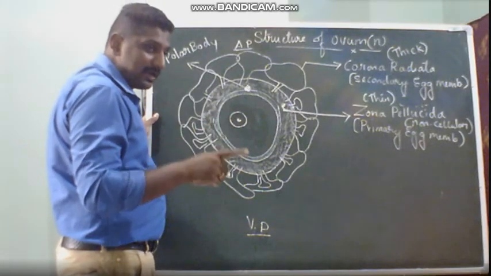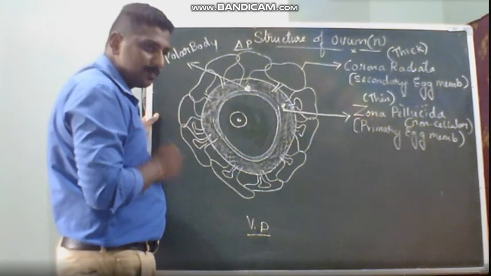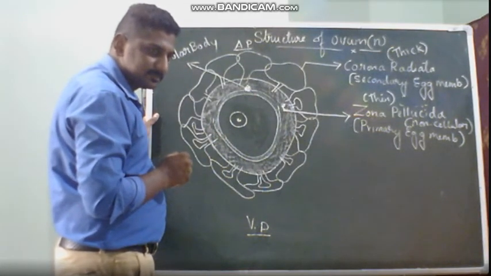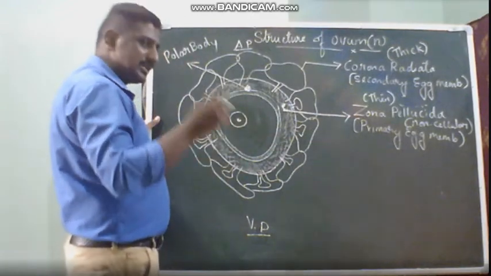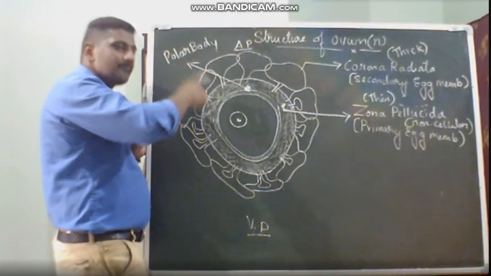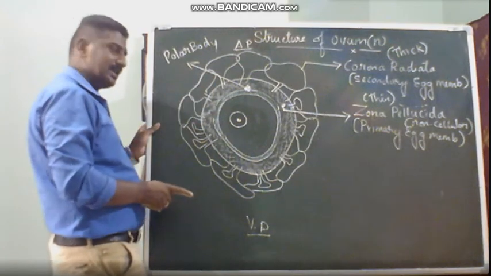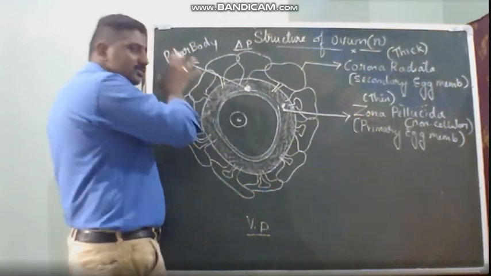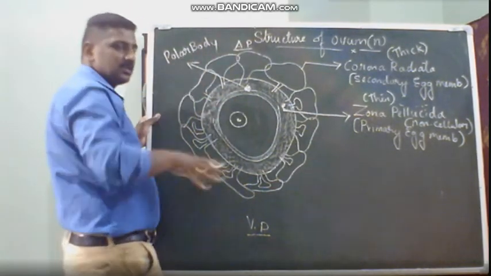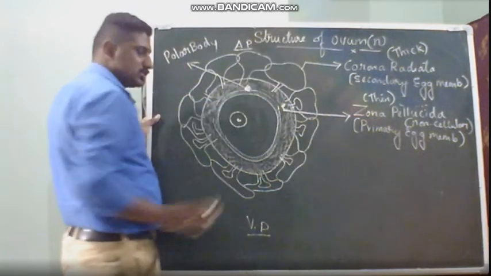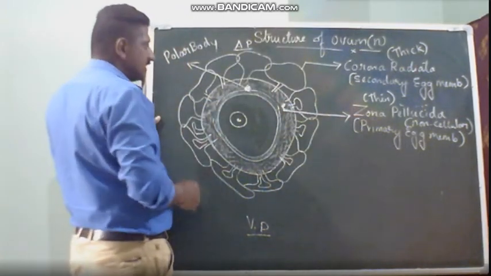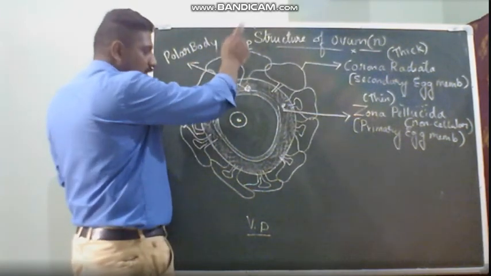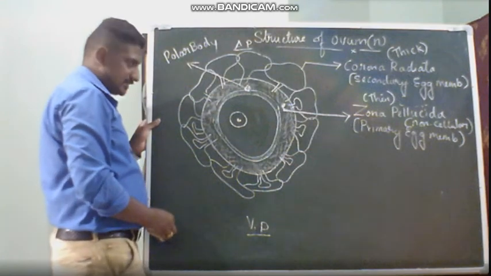At the micropylar end, in the case of a megasporangium, are integuments present or absent? Absent. Integuments are absent at the micropylar end. Opposite to it we have the chalazal end, and only at the micropylar end the pollen tube enters. In a similar way, here we have a specific role for the polar body, something to do with the sperms. I'll teach you the concept afterwards during fertilization events. The region where we have the polar body is called the animal pole. Opposite to that we have the vegetal pole.